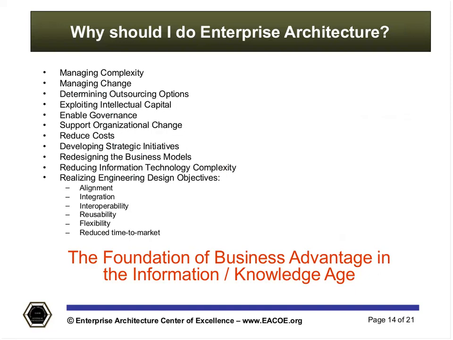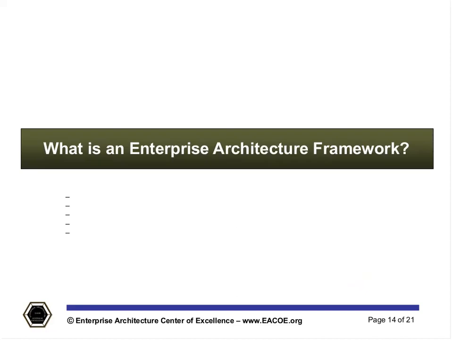It's not the Boeing 747 that makes Boeing profits per se. It's understanding how to build those things, how to modify those things, how to create variations of those things better than anybody else. The end product is a disposable element. I know that sounds kind of crazy, but that's not the key to Boeing. Boeing's success, or the cruise liner's success, or XYZ organization's success, is their ability to react to the market faster and better and cheaper than anyone else. What is an enterprise architecture framework?